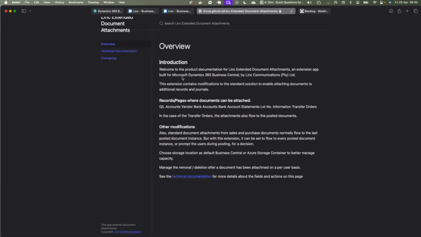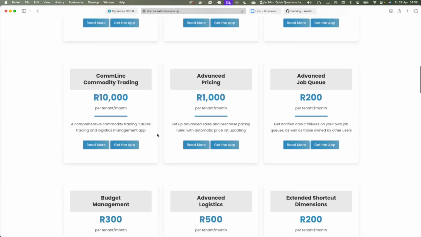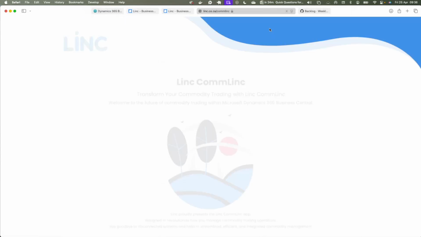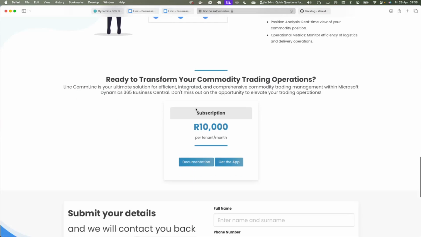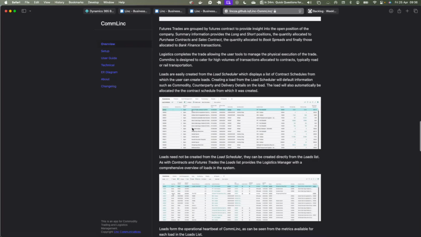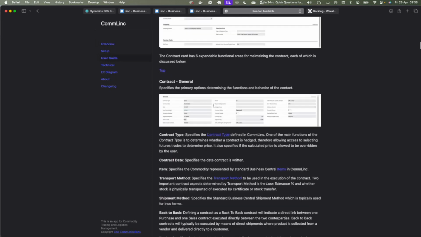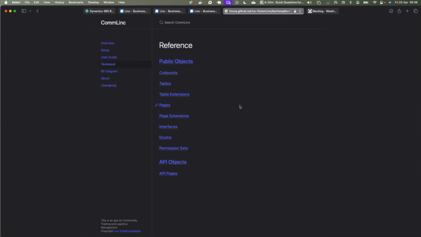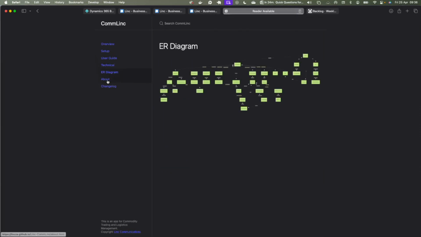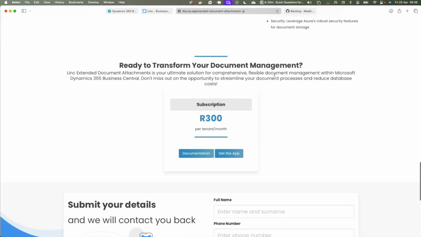Some apps are very simple, so the documentation is fairly limited, but if we look at an example like Comlink, which is a commodity trading app, there's a lot of information in the read more, and in the documentation section you see a full overview of what the app does, a whole setup guide, a whole user guide, technical documentation, entity relationship diagrams, etc., etc. So we're working hard to try and catch up and make all of our apps fully documented.